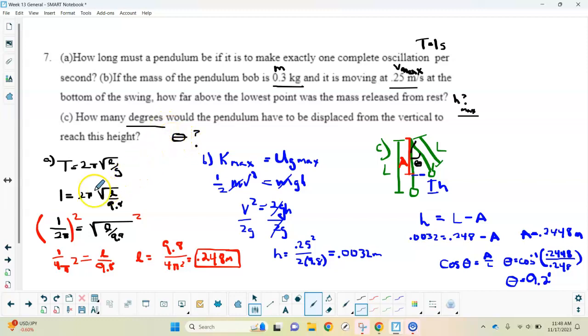So T equals 2 pi square root of L over g. T is 1. Again, you're solving, this time for L. So you have 1 divided by 2 pi. We're going to square both sides. So it'll be 1 over 4 pi squared equals